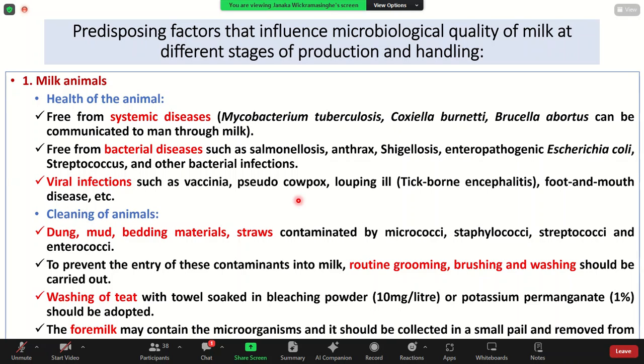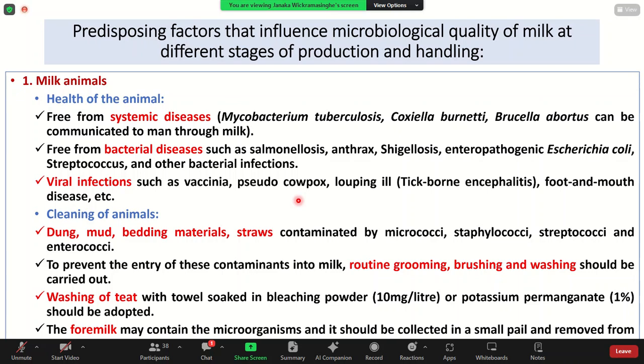Basically, when we think about these animals, they should be free from any disease conditions, right? For example, we earlier discussed mastitis. They should be free from mastitis or any other disease conditions, TB, tuberculosis, brucellosis, or whatever diseases can be communicated to humans or to other animals through milk. And free from some bacterial diseases like Salmonella,